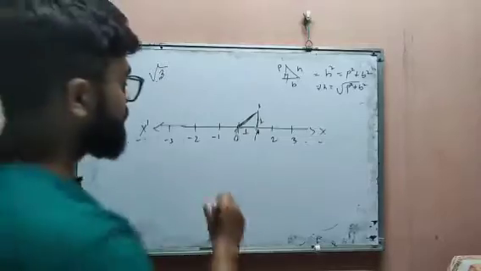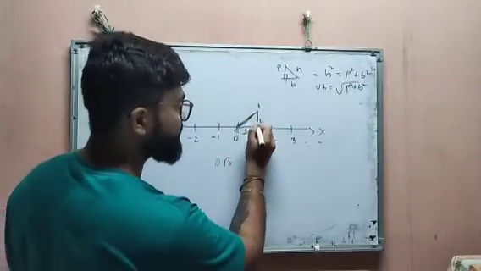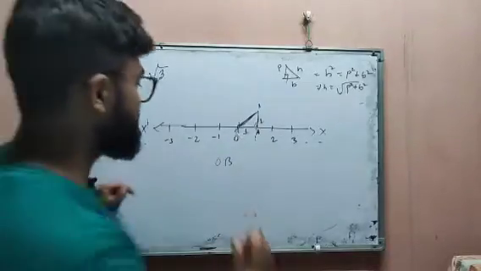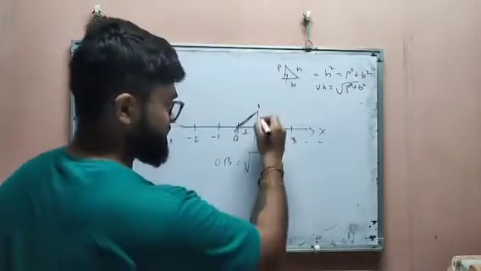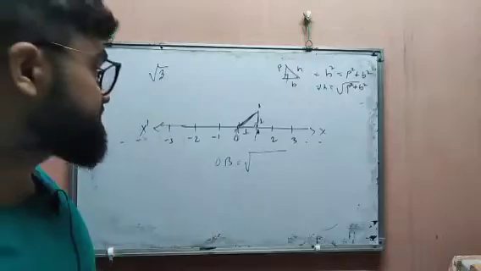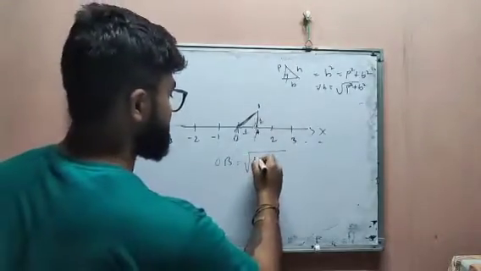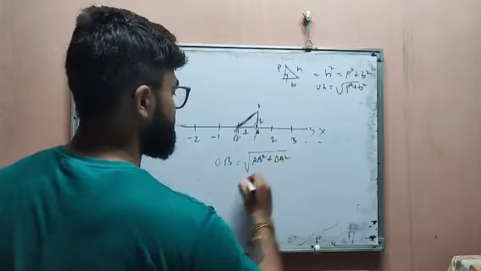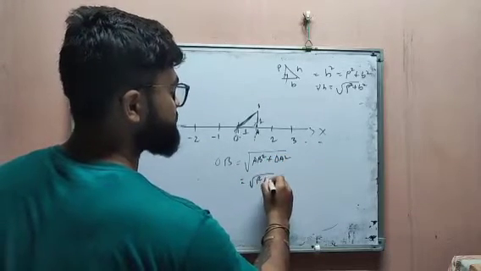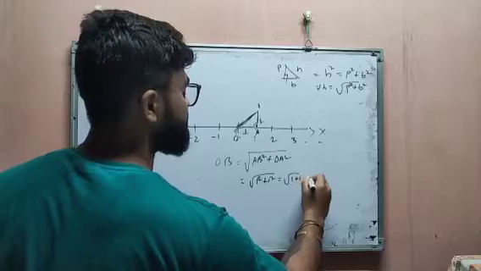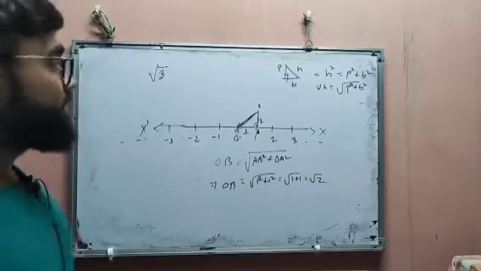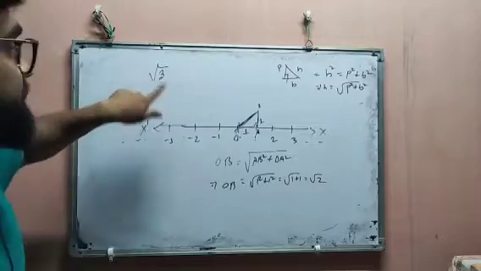Consider this is the O point, this is the A point and this is the B point. Then OB is clearly a right angle triangle. So OB is the hypotenuse. For the hypotenuse, what was our formula? The perpendicular square plus base square. Here AB is the perpendicular and OA is the base, and we have taken 1 unit, so 1 square plus 1 square, that is 1 plus 1, that is √2. So we got OB value √2, but we are asked to establish √3 on the number line.